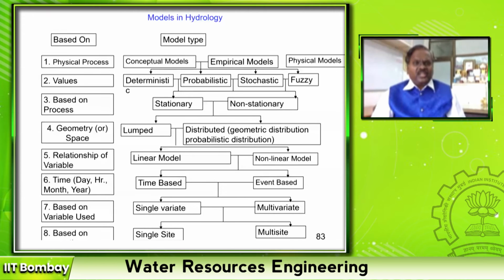That is based on the process. Then based upon the space, it can be classified as lumped, semi-distributed, and fully distributed, right? Lumped model means whatever the data, like I said, average rainfall. You have 5 stations, do a Thiessen polygon method or isohyetal method, estimate the average rainfall and runoff, do a correlation. That is a lumped model.